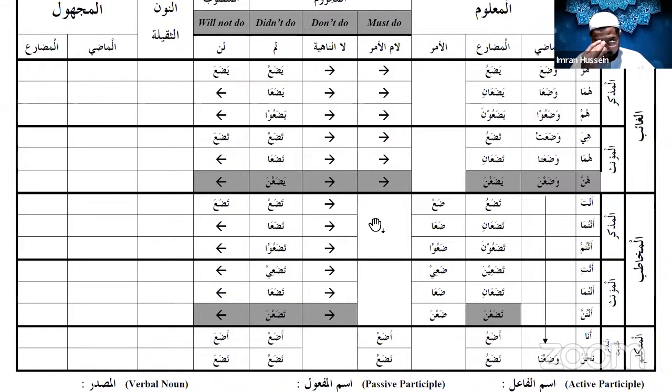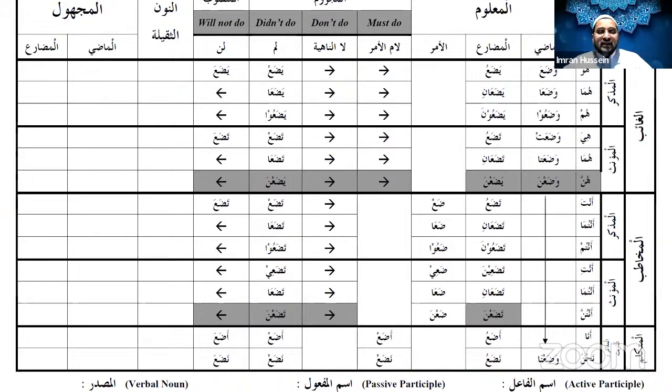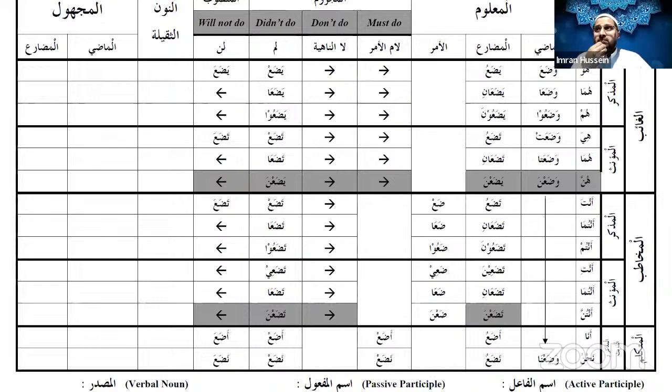Sir, how would we know why this verb has a fatha on the middle radical? Why is there a difference? The reason is that this is easier on the tongue. So that's the reason why they made it on this conjugation. And also you will need to refer to the dictionaries, and the dictionary will tell you whether it comes with a fatha or a kasra itself. What does wada'a mean? Wada'a means he put, or sometimes he kept.